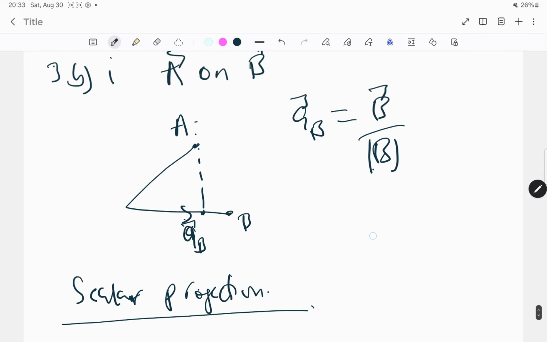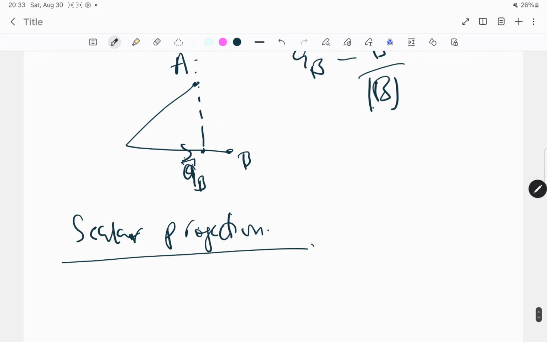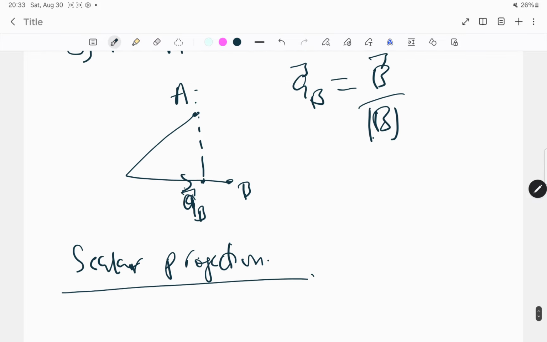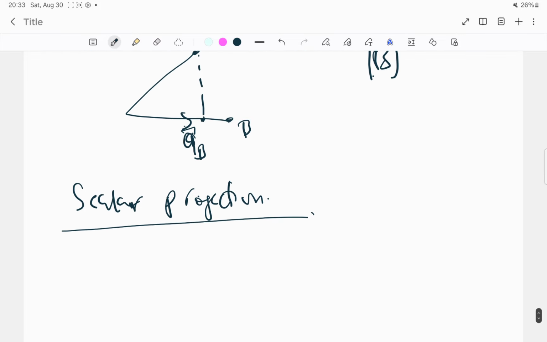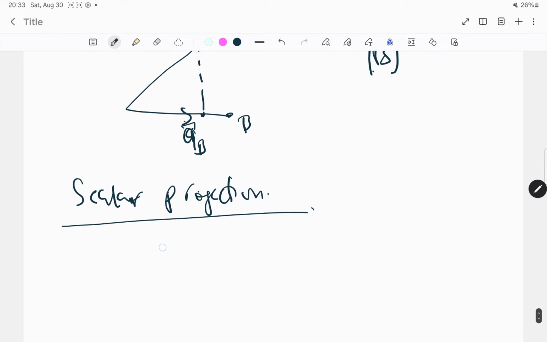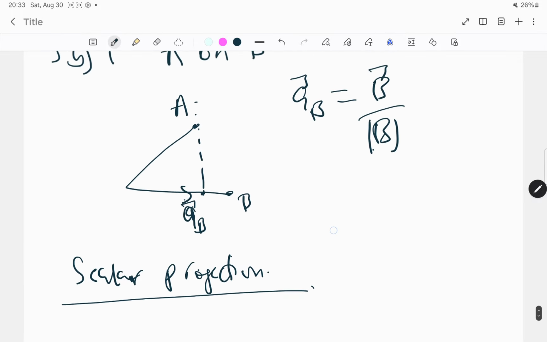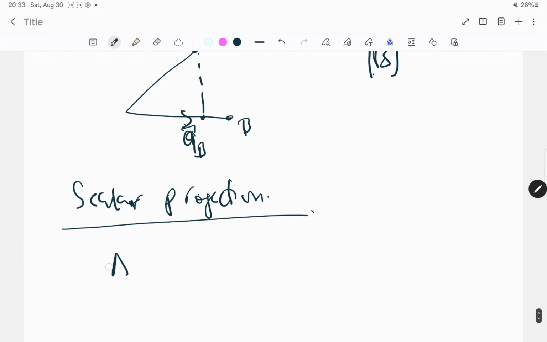What that means is that I have A, I'm projecting A onto B, and I know the unit vector of vector B. So we can write here, the scalar projection of this will be what? A dot the unit vector of B. So we get this vector A dot this vector that I have here, right? So if you do the dot product,